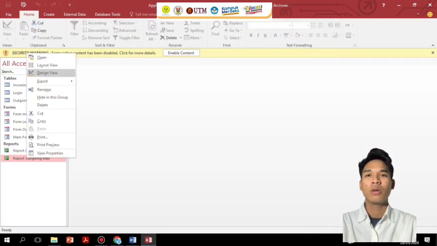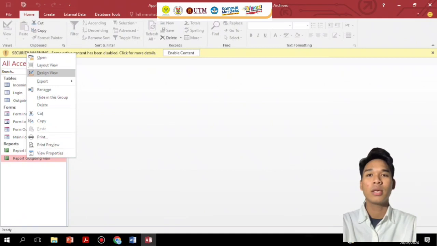Point 6. Outgoing mail report. The outgoing mail report provides an overview of emails that have been sent out by the organization. Users can view email delivery statistics, top recipients, or other relevant information. Point 1. Open the outgoing mail report. Begin by opening the outgoing mail report in the application.